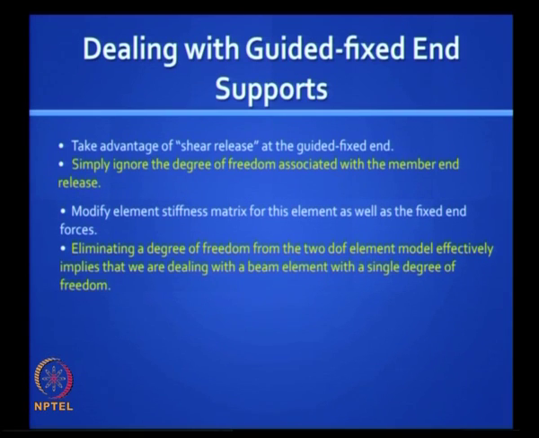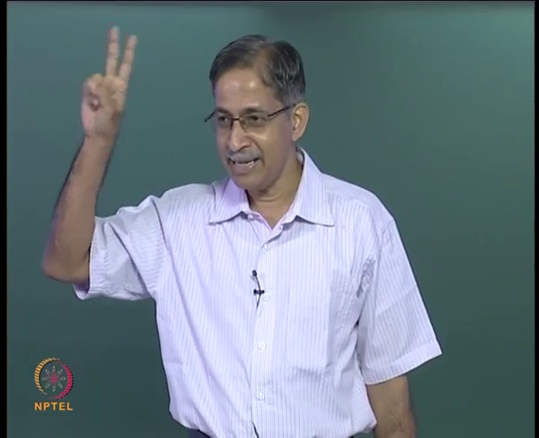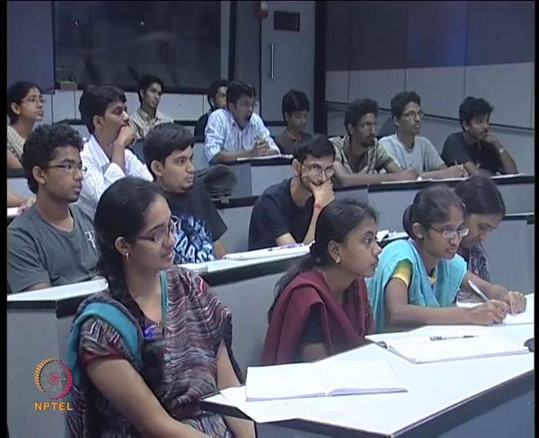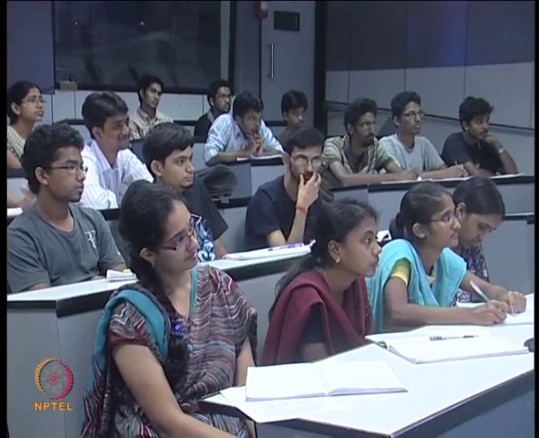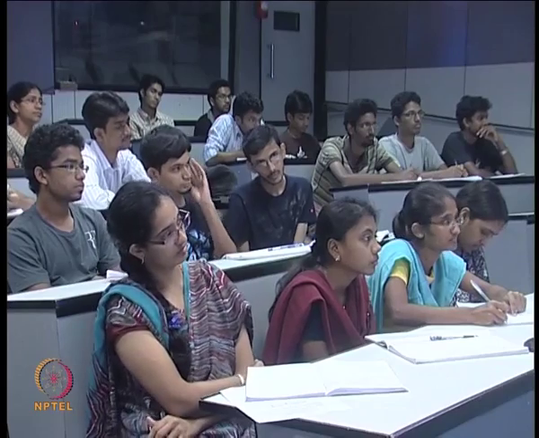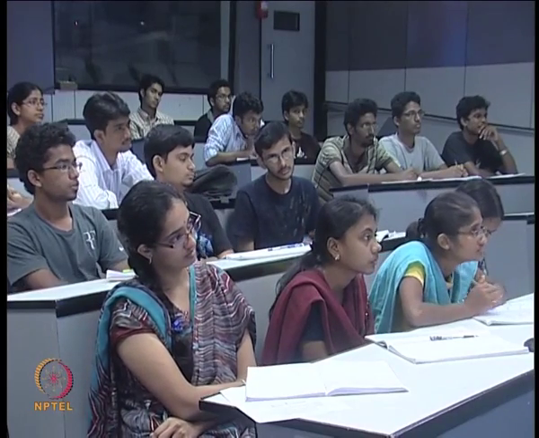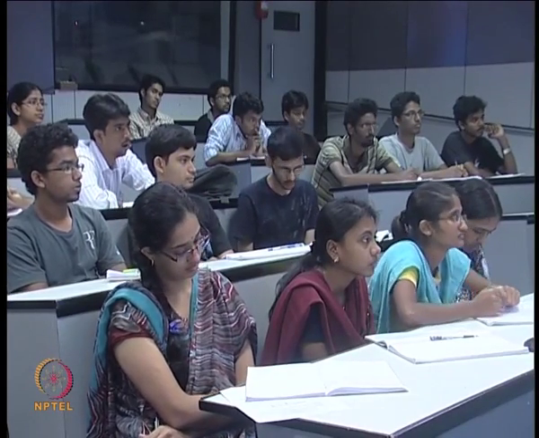Remember those three magic numbers, your 4 EI by L, 3 EI by L, yeah. Which one will you use? EI by L. That is all, only one number to remember, you remember it very well, you can prove it, it is a cantilever behavior, and that is the element that you can assume.